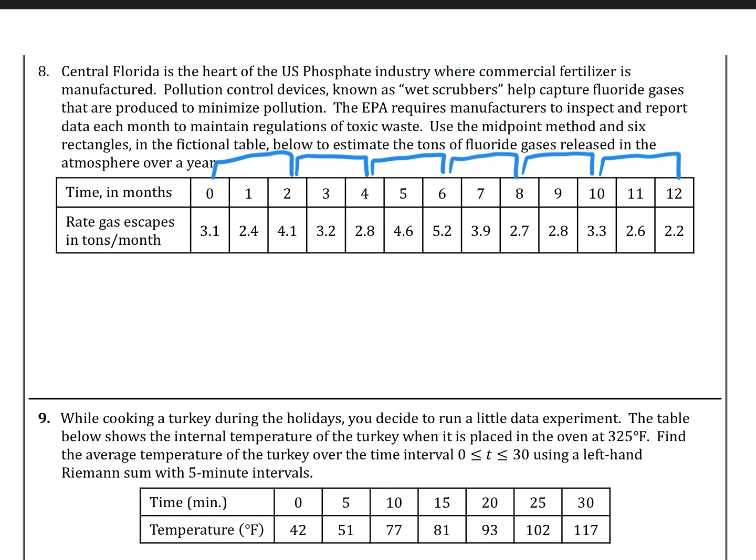Like just like we did in, what was it, number 6? Yeah. So each one has a width of 2, and then we're multiplying by our midpoints, which are these ones in the middle. So 2.4,